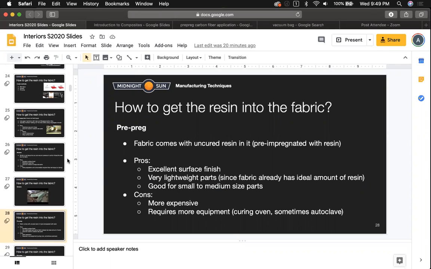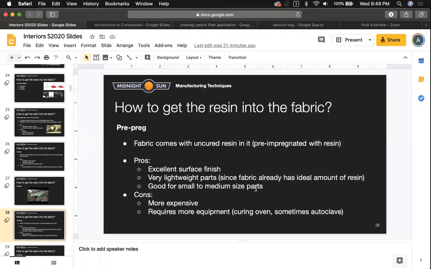And then lastly, the last method is pre-preg. So unlike the other two, unlike hand layup or infusion, there's no wetting out of fabric anymore. The fabric actually comes with a resin in it, uncured. So it's pre-impregnated with resin, so that's why they call it pre-preg. So it's really good for getting a really good surface finish. And you get a very lightweight part with a maximum strength because the fabric already has the ideal